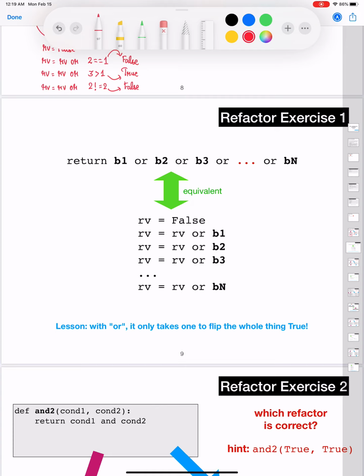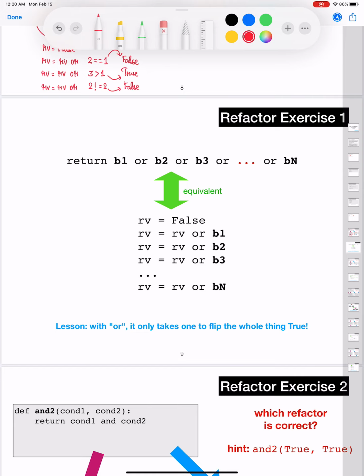Why is this refactoring significant? Let's say that you have a program which has many Boolean expressions separated by ORs. If you include all of those within a single line, that particular line of code is going to be too complex and lengthy to read, correct? Instead, if you use the refactored equivalent version, your program is going to be more readable because you're splitting each OR application as part of a single line of code by giving the corresponding Boolean expression.